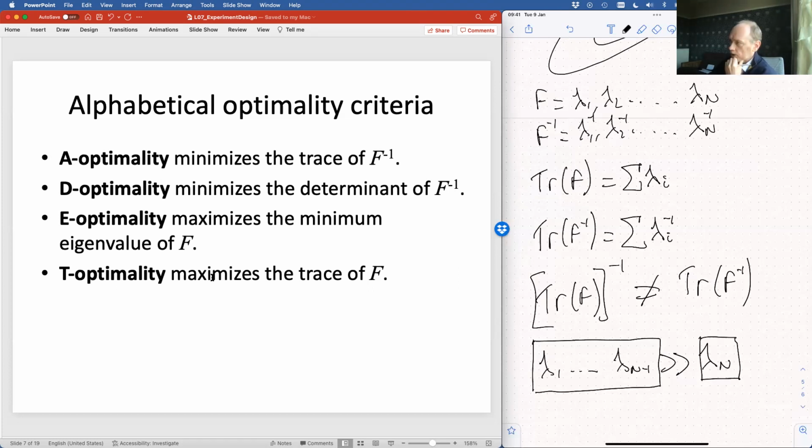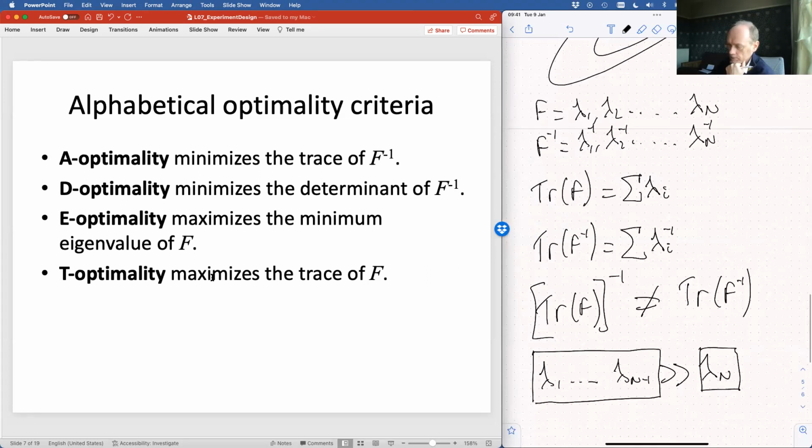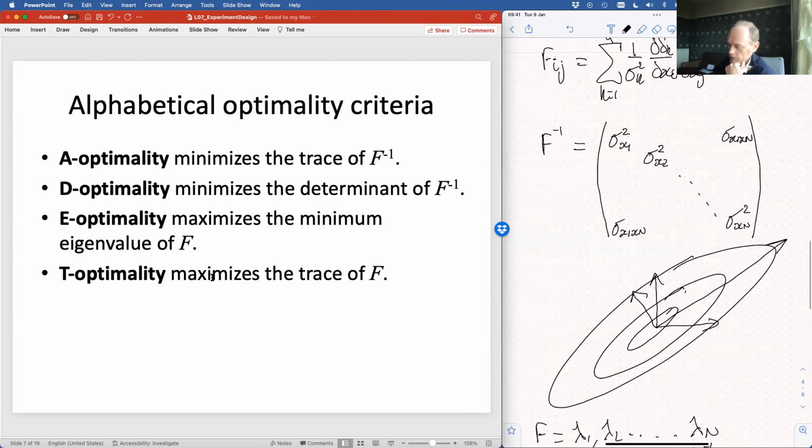Suppose we're working on a problem where there's a large number of parameters, say 100. How big is F if there are 100 parameters? Well, it can be 100 by 100, isn't it? Yeah, thank you. So Sam points out that for T optimality, we don't need to invert the matrix F,